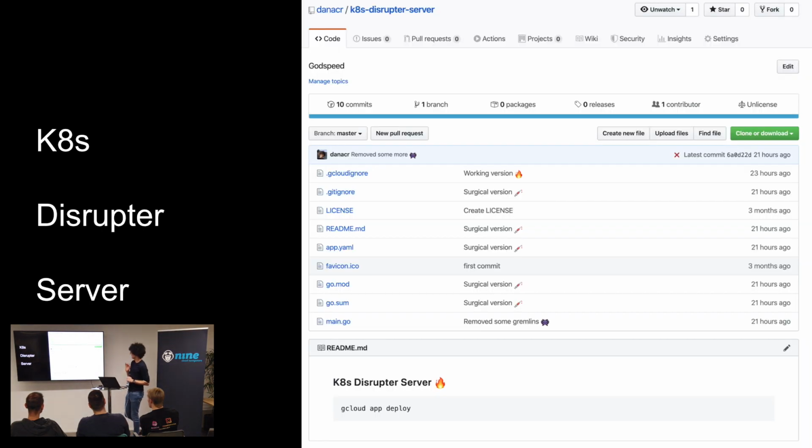I've built like four or five projects in this demo. This one I think is the coolest one. I finished it on Sunday. It's really amazing. This is a web server running on Google App Engine, and it's very cool because it listens to a certain POST request. I'm not going to explain that now. What it does is then go to the Google Cloud API and trigger a VM shutdown. Not even a shutdown, a destroy.